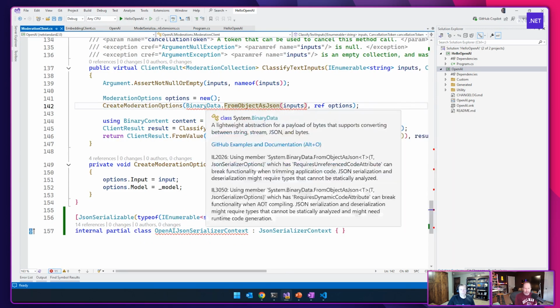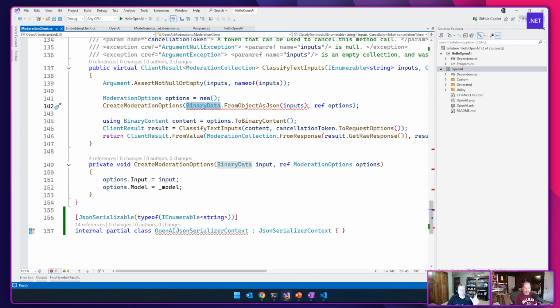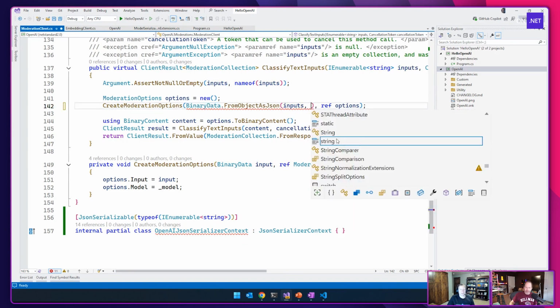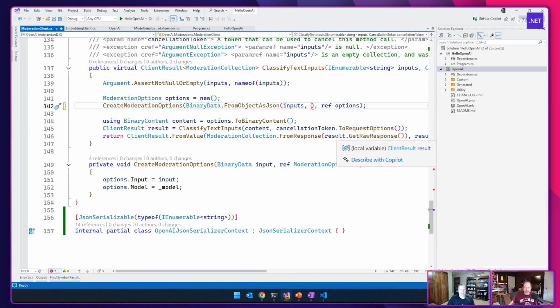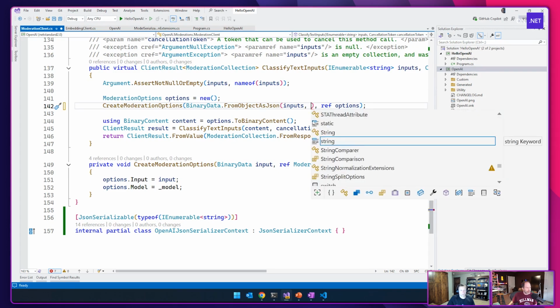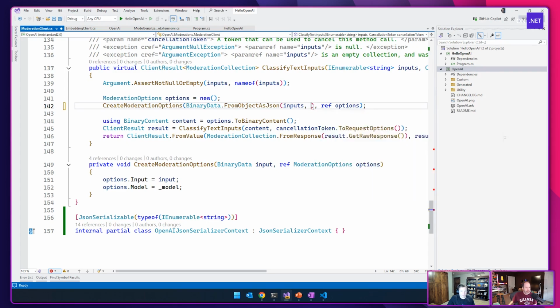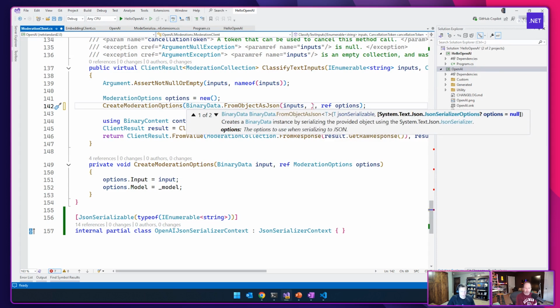Right. And so the way we made BinaryData compatible with trimming and native AOT is we added an overload to this FromObjectAsJson. Why is my IntelliSense not working? We added an overload that takes in one of these JsonTypeInfo objects. And these JsonTypeInfo classes are the things that the source generator generates for me.